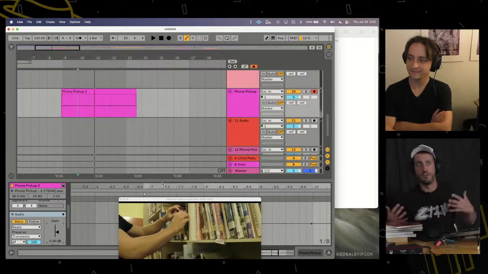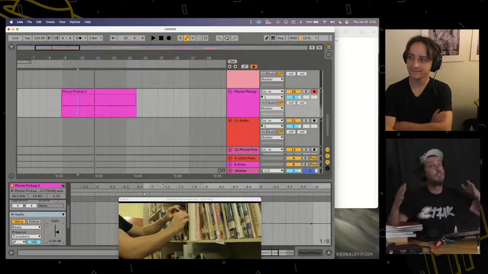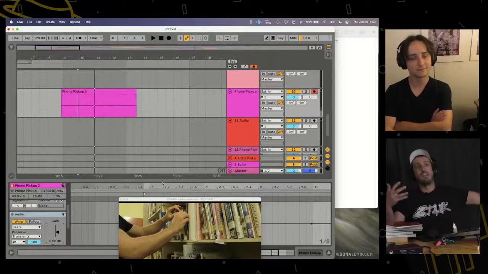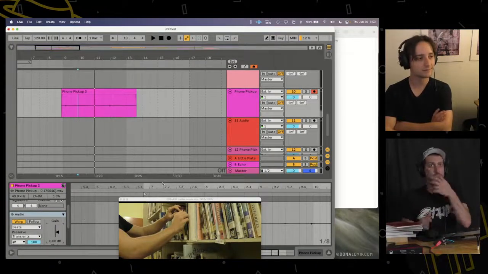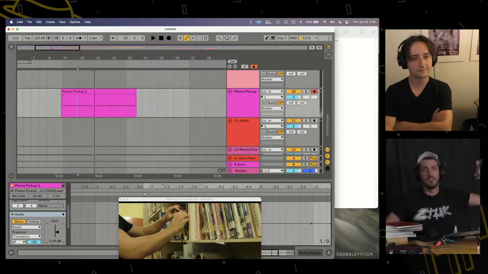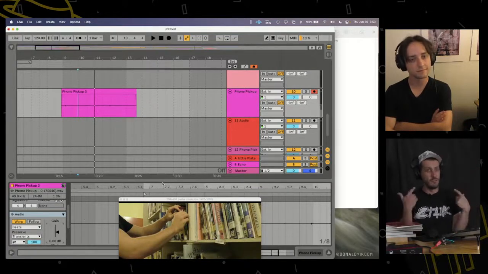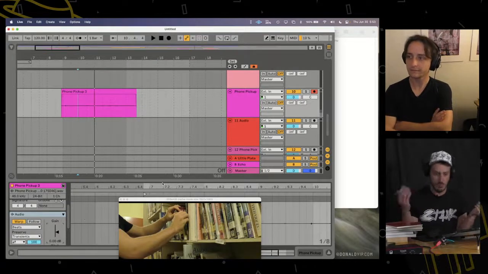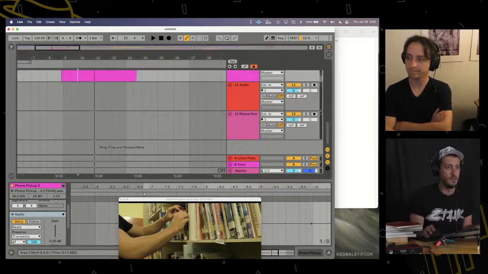Some are brighter and some are darker sounding. And intuitively, we all know that hard surfaces reflect sound and sound bright, and soft surfaces don't and sound dark. So we kind of get some idea of what the world around us is like just by how things reflect. Even if you've never thought about that before, you're aware of this as a human being.